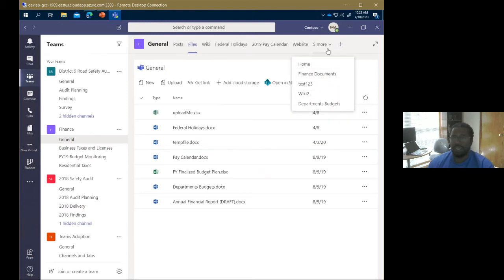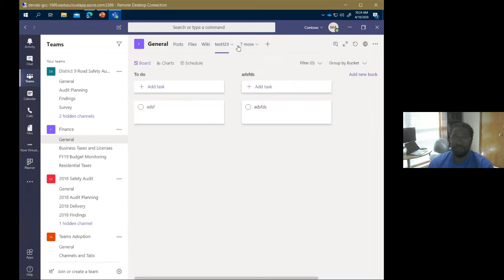So you can also see here that I can have tons of tabs, and as I get a lot of tabs, they'll eventually get grouped into this, in this case, 5 or more, could be 20 or more, and then you'd start to see them come down the bottom. As I click one, it kind of puts itself there, and there is some ability to move them around. You can see I just moved this test 1, 2, 3 plan in front of the wiki. So you could have a lot of lists, a lot of tabs here.